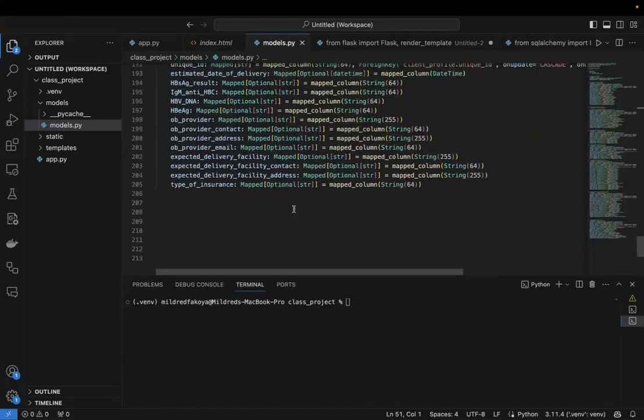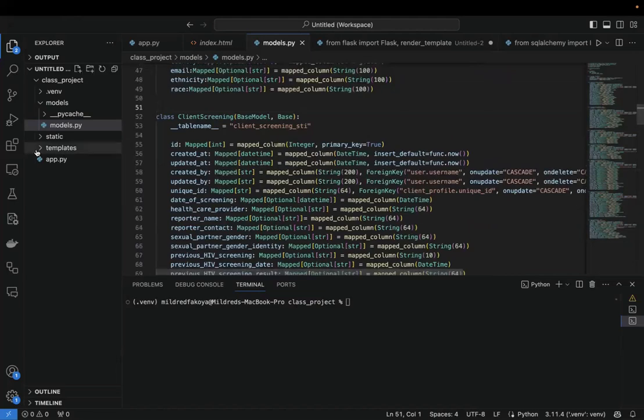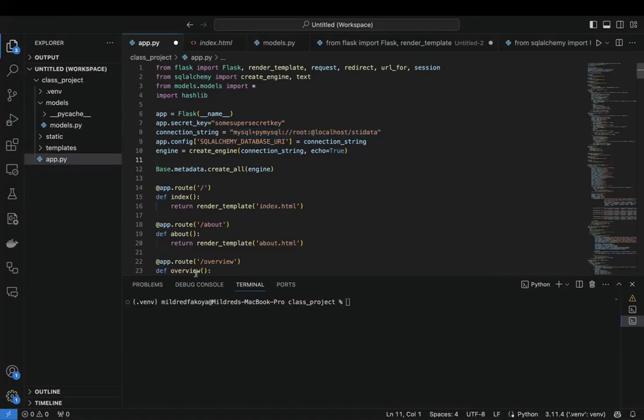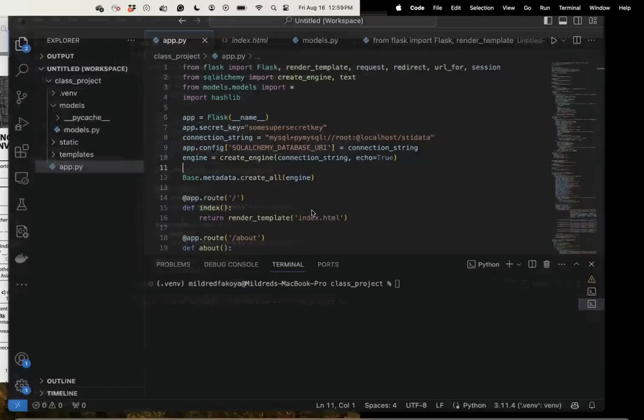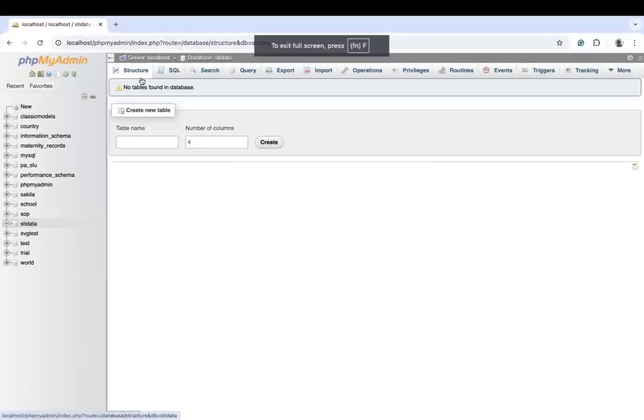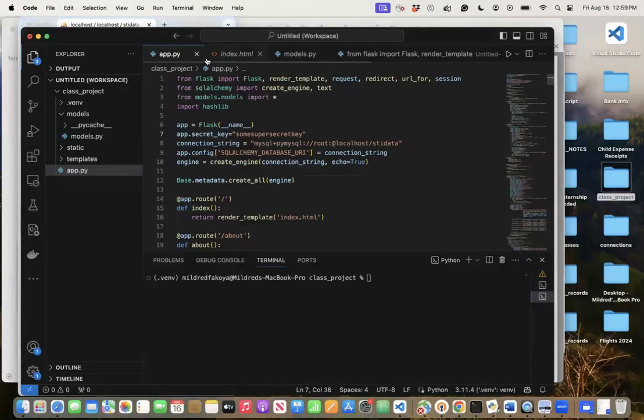Once you are done with all of this, it is time to now come to the app file and then write base.metadata.create_all(engine). When we run this, if the database exists and this connection string is correct, we should have tables created, all of the tables we specify created in the STI data database. So let's look at that it is created before we discuss the route. So I'll go to here, and I have created the database called STI data. We don't have any table in it, but I want to run this app file that has this code to